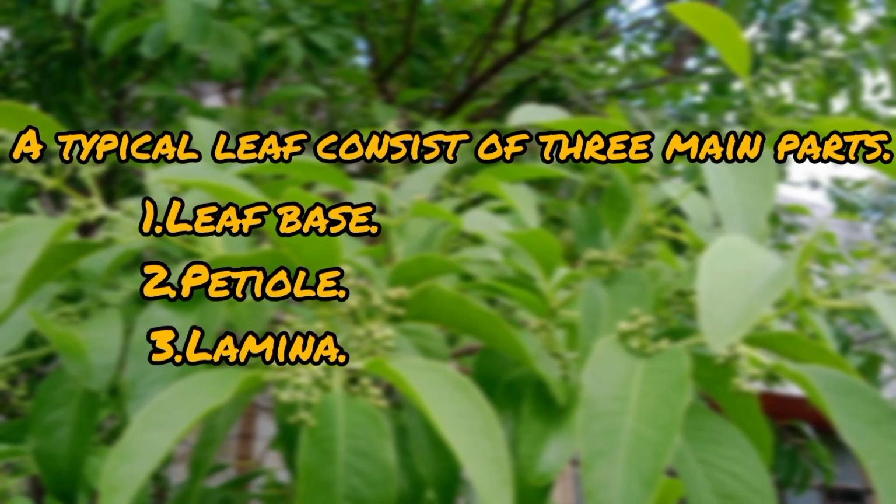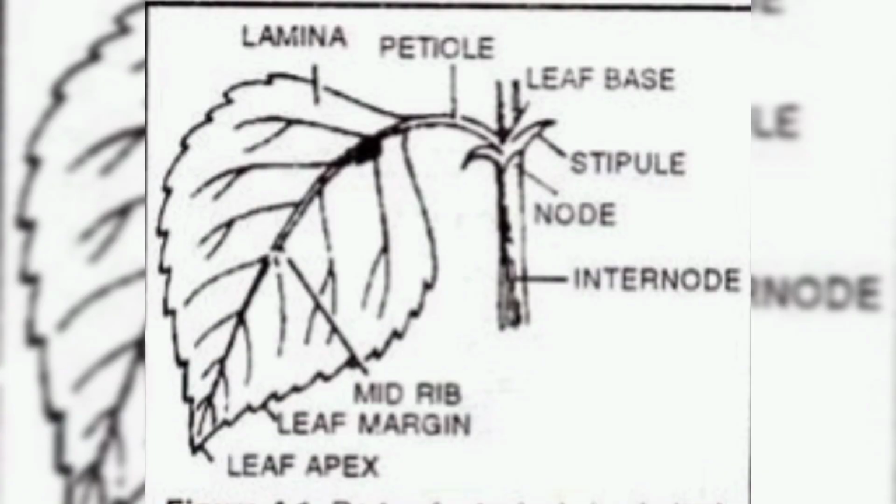A typical leaf consists of three main parts: leaf base, petiole, and lamina. In this image, we can see different parts of the leaf. As I already said, a typical leaf consists of three main parts: leaf base, petiole, and lamina. The leaf is attached to the stem by the leaf base, and it may bear two lateral small leaf-like structures